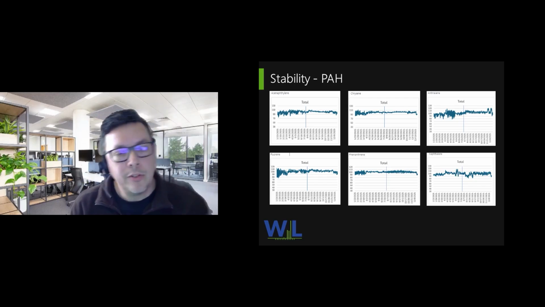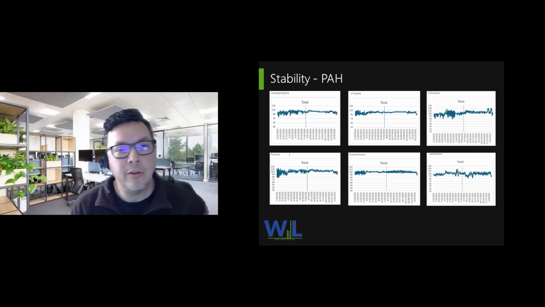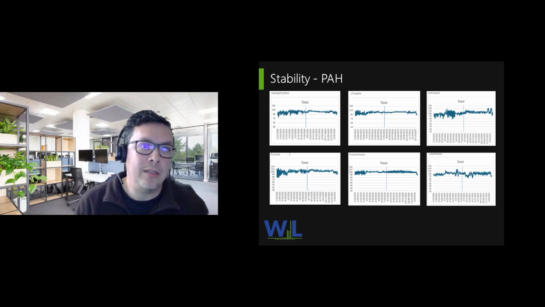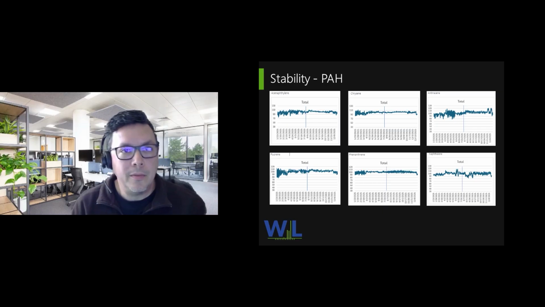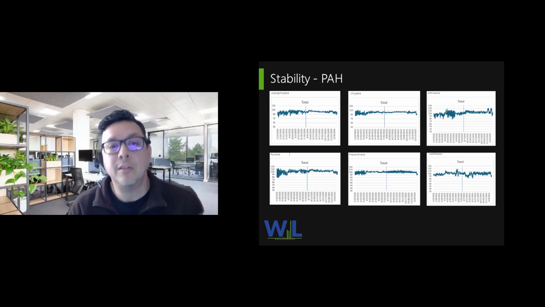The previous columns, the traditional columns, weren't bad. We were getting recoveries of 70 to 110%. It was okay. But once I installed this column, you could see a dramatic change in the stability of PAHs. So if anybody's using or interested in doing PAHs, I strongly recommend this column. It's going to be super stable, and to this date, it's still very stable.